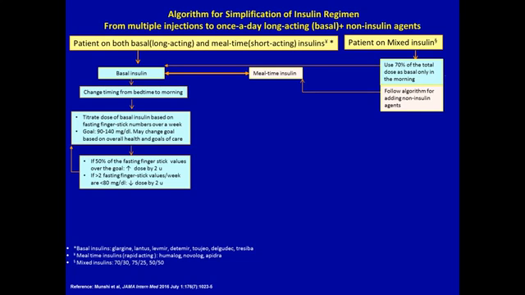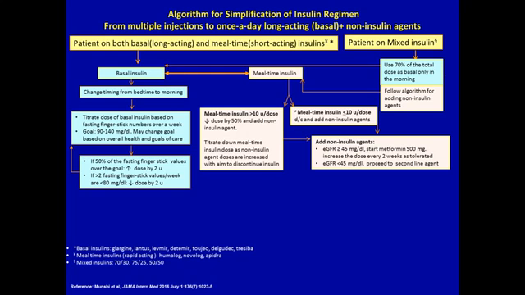The basal insulin can also be titrated to achieve a goal of fasting glucose between 90 and 140 milligrams per deciliter. So we ask the patient to check their fingerstick every morning, fasting. Ideally, if more than 50% of the fingersticks over a week are above 140, we could increase the basal by 2 units. If, however, at least 2 of the fingersticks are less than 80 over a week, we should decrease the basal insulin by 2 units.